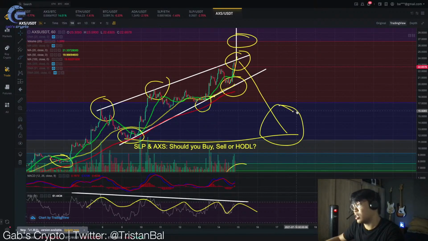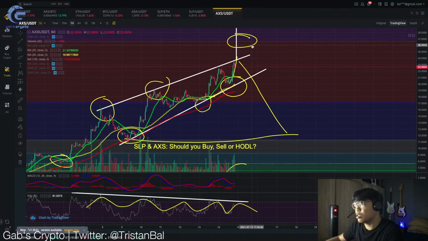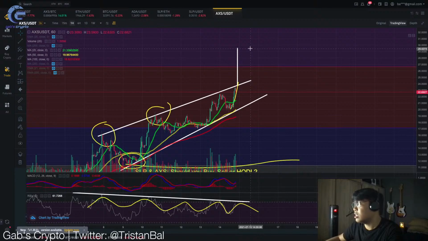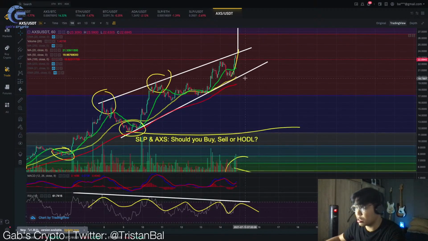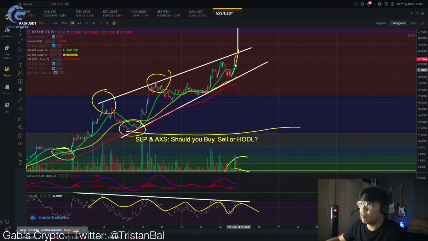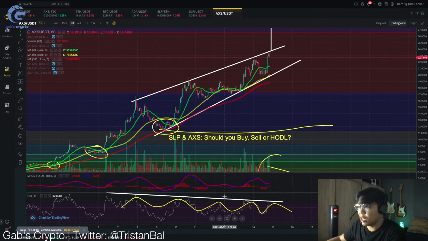So, yun yung ating price prediction for Axie Infinity token. So, just to give you a recap, ang bullish scenario natin for Axie Infinity token is this 29.4 US dollars if na-break natin to with volume, and then ang bearish, if na-break natin tong rising wedge, it would more likely go down to 11.4 US dollars or roughly $12. So kailangan nyo abangan to kasi traditionally a rising wedge is a bearish pattern and then nakita nga natin ang declining RSI which would indicate na it's now time for a trend reversal to the downside.